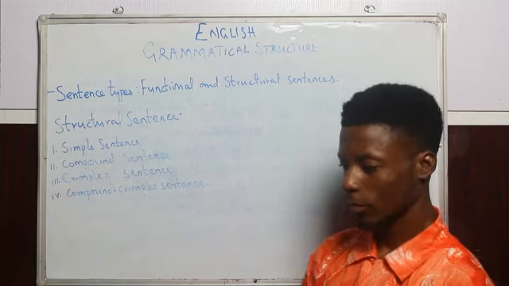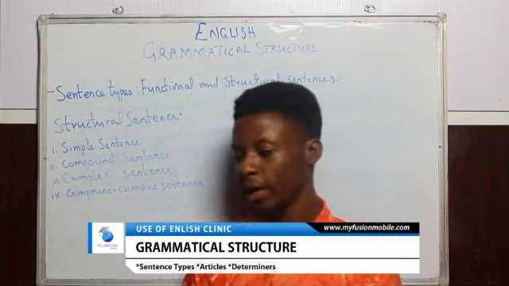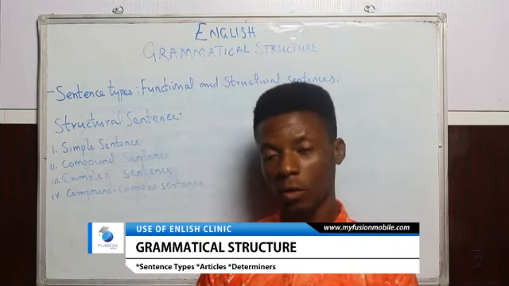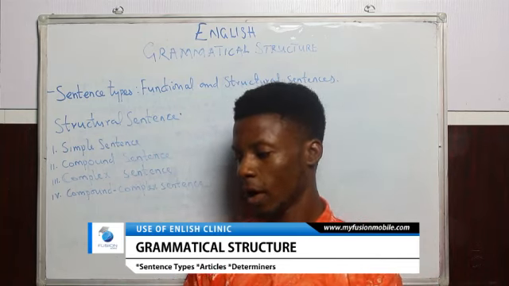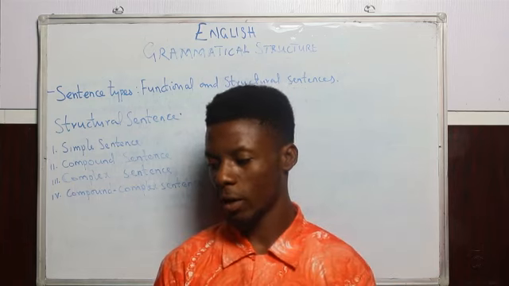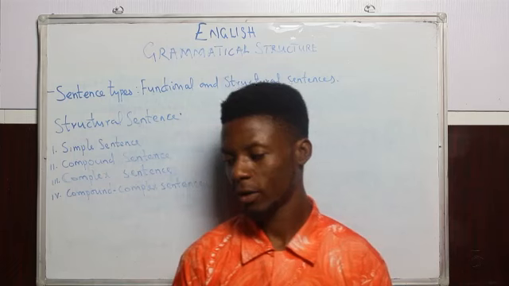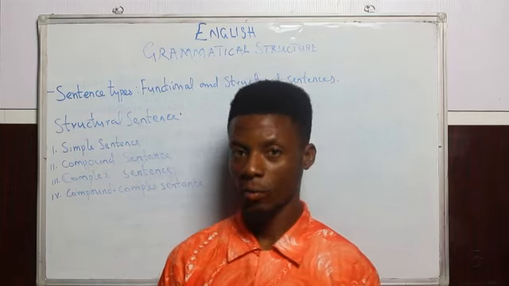A simple sentence has only one main or independent clause. A clause is a group of words that has both a subject and a verb. An independent clause is a group of words with a subject and a finite verb, which expresses a complete thought. Let's take an example of